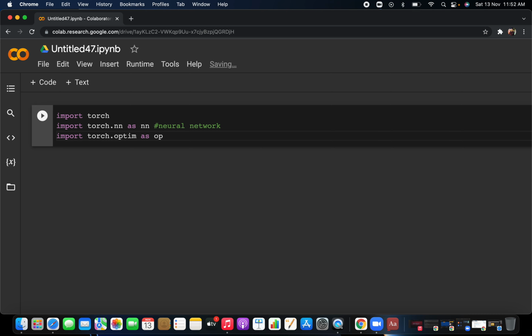When we create the model, define the loss function and then the optimizer, I will show you. For now you are just importing the basic libraries and learning the basic concept. This is the optimizer.